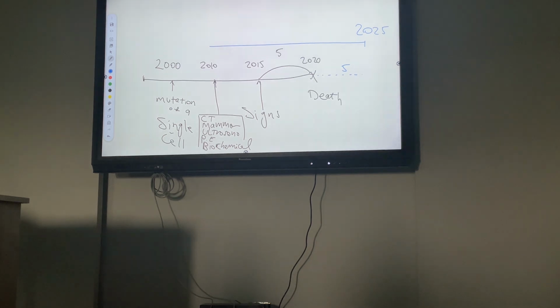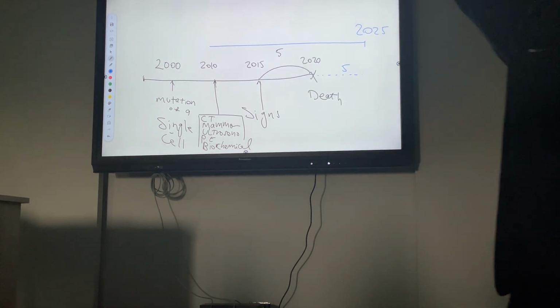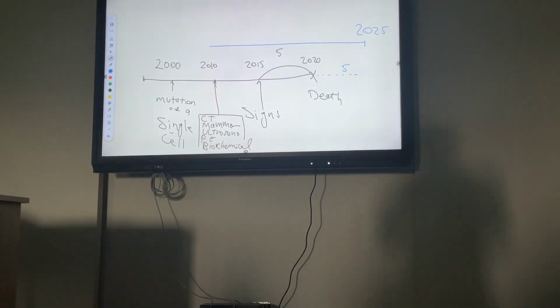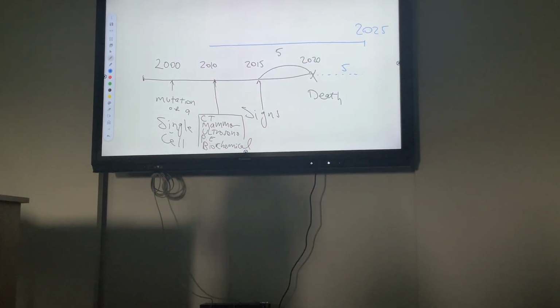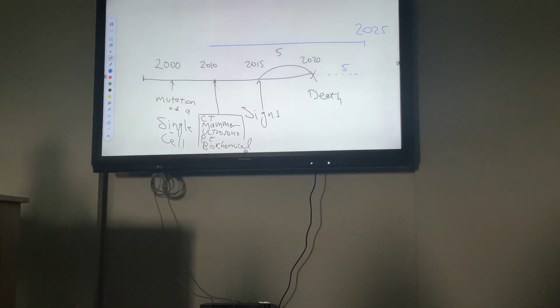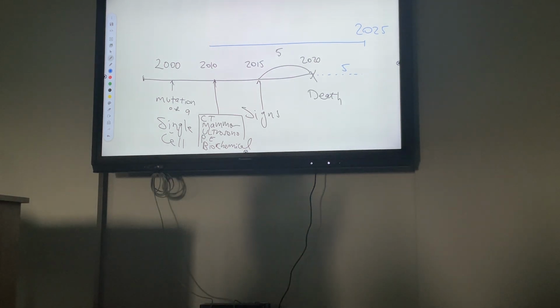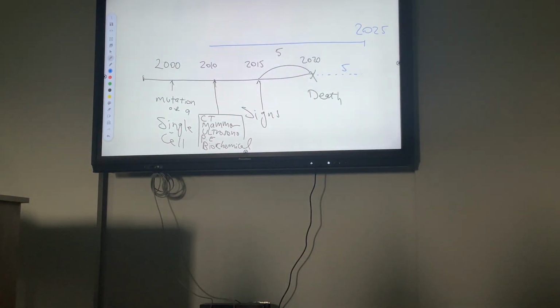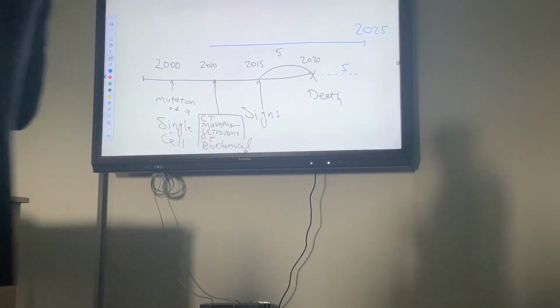So the test should be cheap, should be simple, should be safe, should be available, should be acceptable, and should not need any expensive and sophisticated technology. Some evaluations may need equipment that is just located in big cities. If we have all these criteria, we can say that we are talking of a secondary prevention, a good secondary prevention.